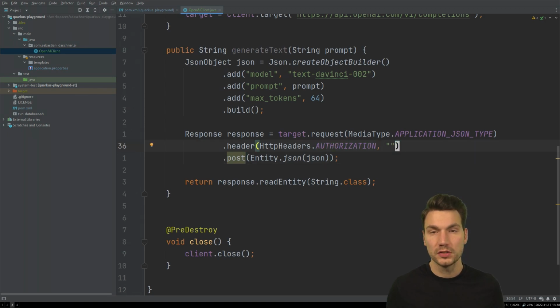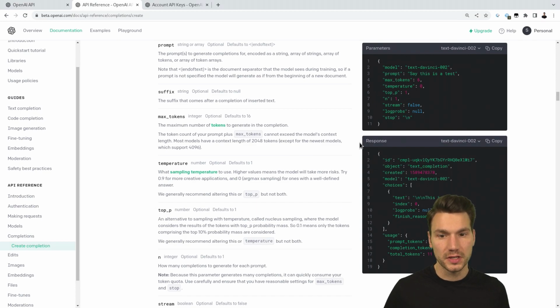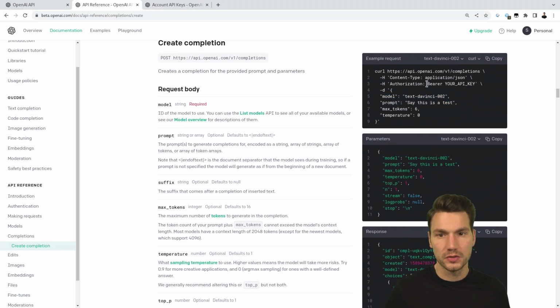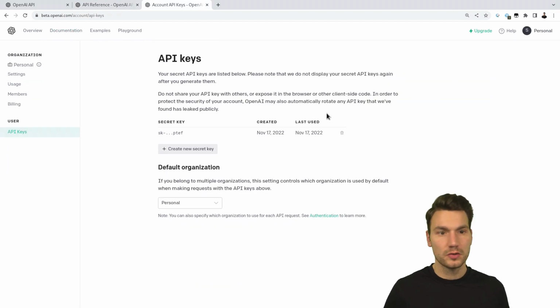Okay, then what do we need to do? I need to invoke this method somehow, and we need to add some authorization. How this works depends on the API that you're using. So this one shows you it uses a bearer token that you can create. I've done so in my